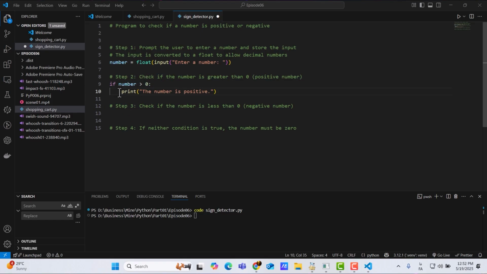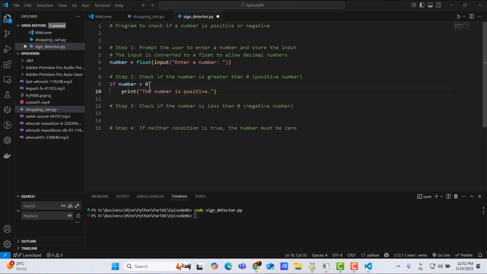Pay attention to this spacing. In Python syntax, this is called indentation. It is used to indicate that any code written with indentation under an if statement is considered a subblock or child of that condition. In other words, indentation defines the scope of control structures like if, for, while, etc. Without proper indentation, Python will